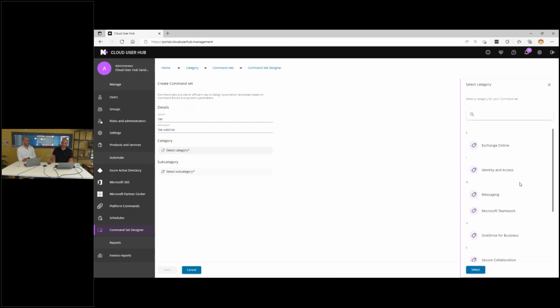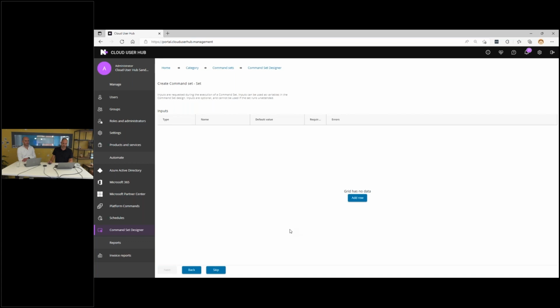Now you can choose from categories. Let's say that this is identity and it has to do with user management. And now you can see that I can do the following. You might need variables that you want to present to the user when you use the set. If you're interactively going to onboard a customer, a user, then you need to provide at least a username, for example. Now let's take the very simplistic example that I have just one parameter, and this is already becoming a little bit more technical, but still low code.